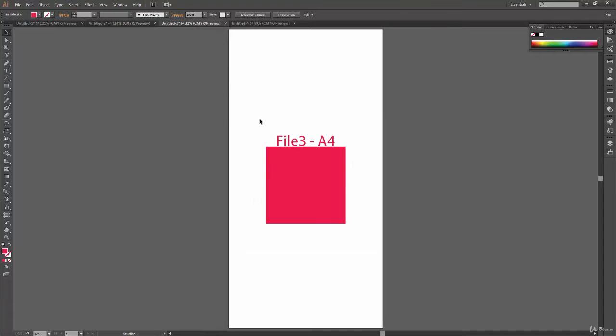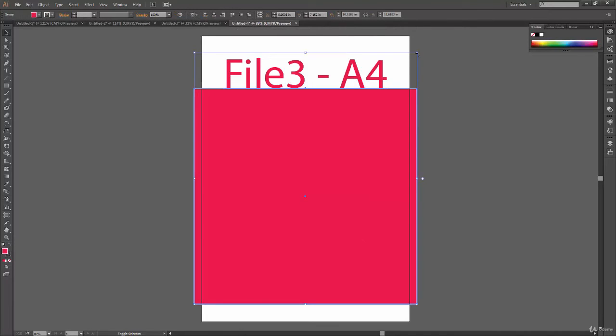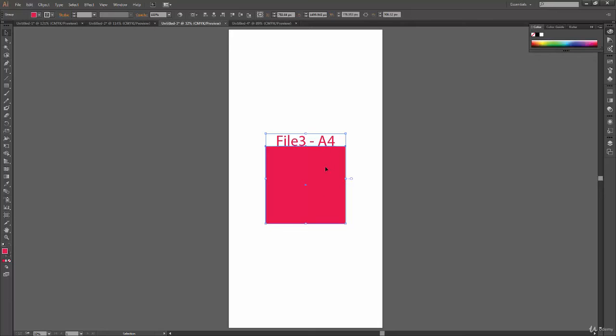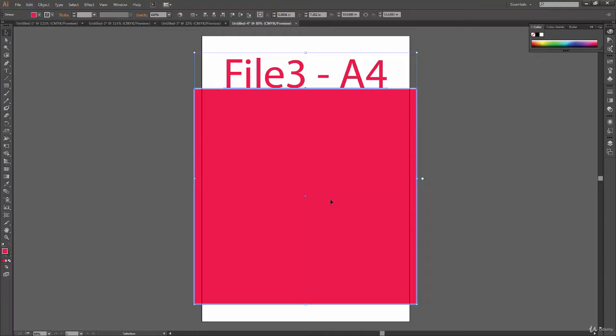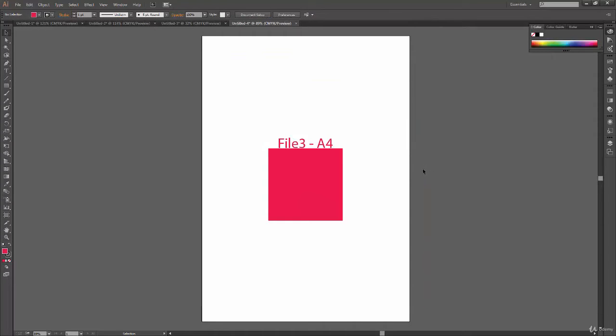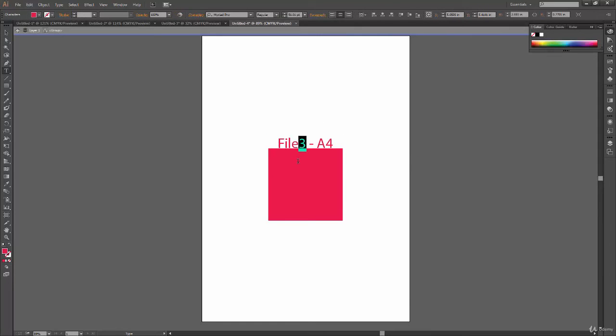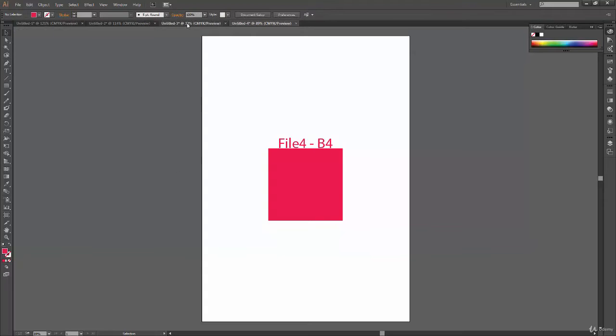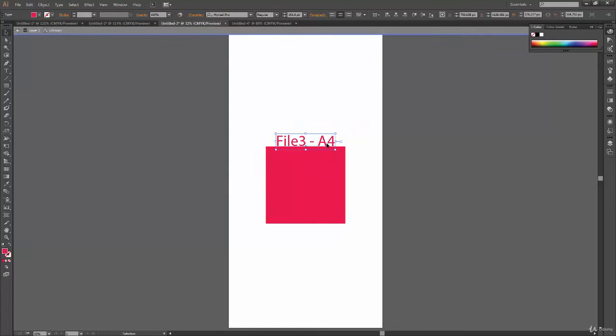So again Control C, and now you can see when I have copied this from here, this file, Untitled 3, file 3, is actually very big, and this file is comparatively small, but we want to see the size on the scale, so we are just going to say file 4, and it should be B4. I think B4 we took, I don't remember now, but I think it was B4. This one instead of A4 will say custom.